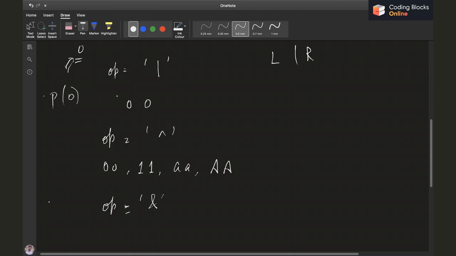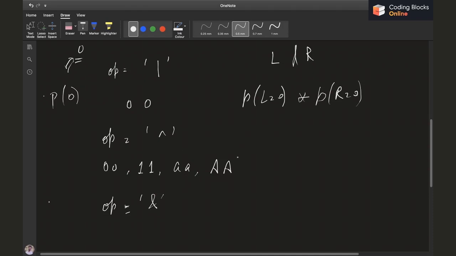Now assume that the final operator was OR. In that case, my probability is going to be P(L equals 0) into P(R equals 0), right?